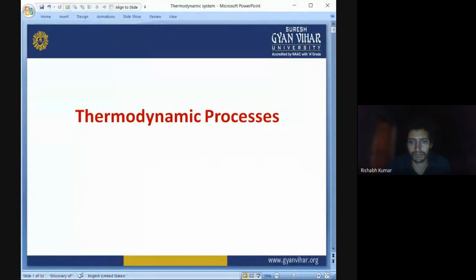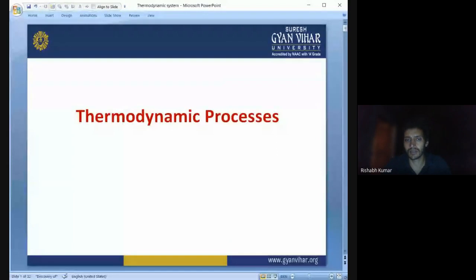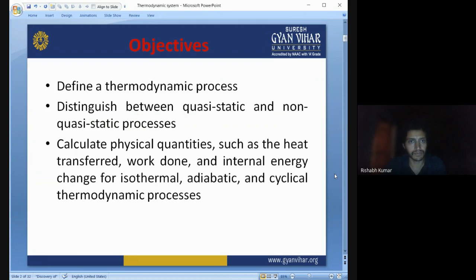Okay, so the topic of our discussion today is thermodynamic processes, right? We have read about heat transfer, latent heat, specific heat. Now today's lecture is thermodynamic processes. We will define what thermodynamic processes are, and what quasi-static processes are. We have done the quasi-static part, but we will now discuss the characteristics